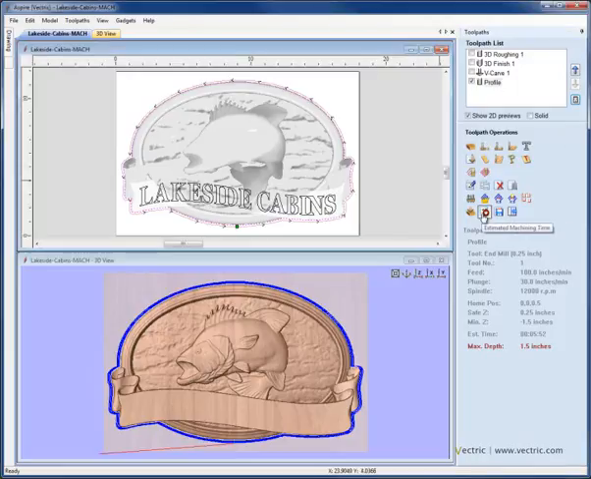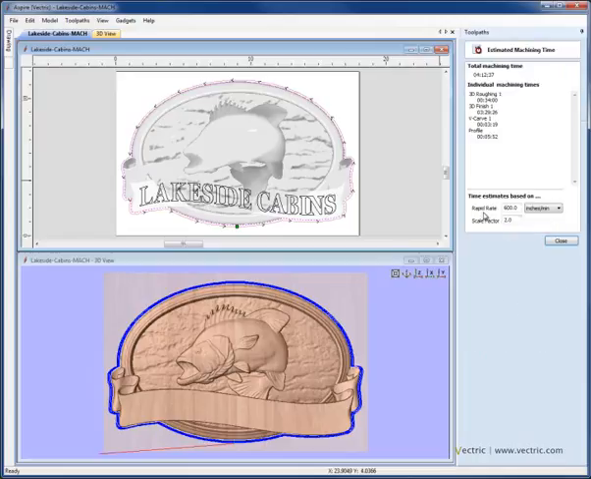Now, coming back to the icon to estimate machining times, this can be a useful tool. If we click on it, what it's going to do is give you an estimate of the time it's going to take to cut those toolpaths on your machine. Now, this estimate is purely based on the length of the toolpath and the feeds and speeds that you've specified,